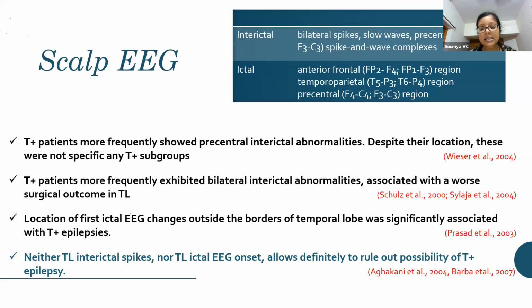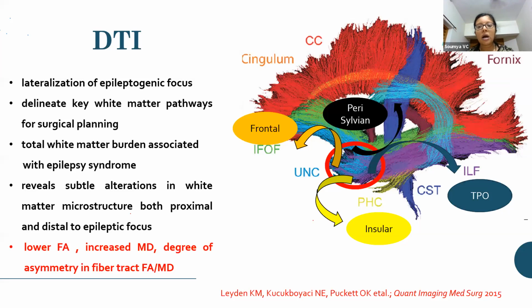However, later studies by Barba et al. in 2007 found that neither the temporal lobe interictal spikes nor the ictal EEG onset helps definitively to rule out a temporal plus epilepsy in any of these patients. So this underlines the need for a detailed evaluation, especially with invasive monitoring, to make a definitive diagnosis of temporal plus epilepsies. As I have already told, the imaging findings, the MRI, may be negative or non-contributory in